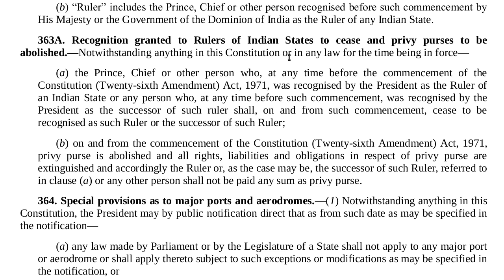Notwithstanding anything in this Constitution or in any law for the time being in force, (a) the prince, chief or other person who at any time before the commencement of the Constitution 26th Amendment Act 1971 was recognized by the President as the ruler of an Indian State, or any person who at any time before such commencement was recognized by the President as the successor of such ruler, shall on and from such commencement cease to be recognized as such ruler or successor of such ruler; (b)